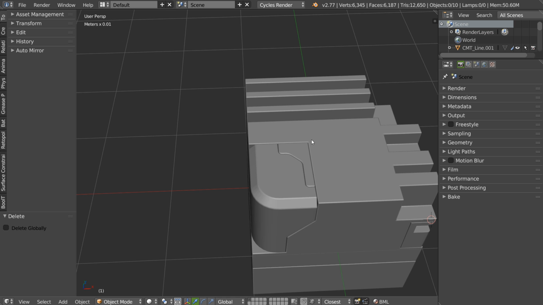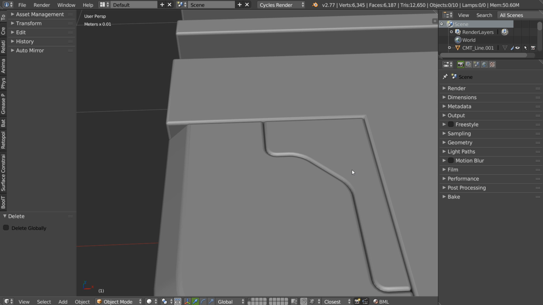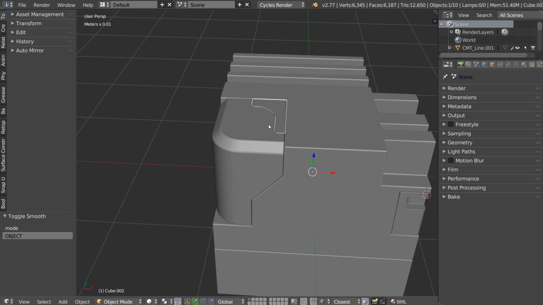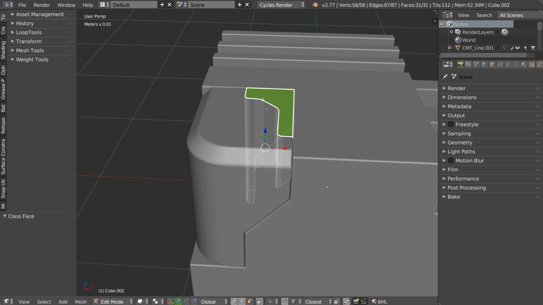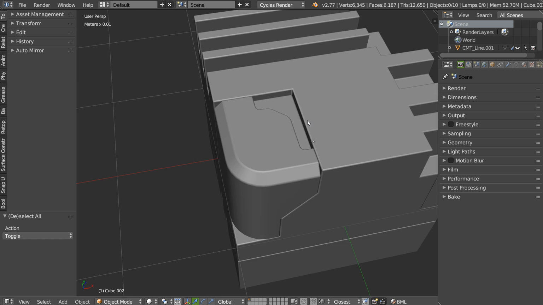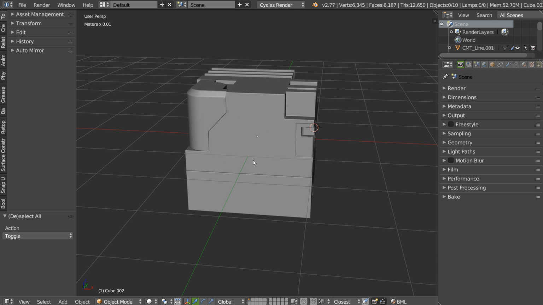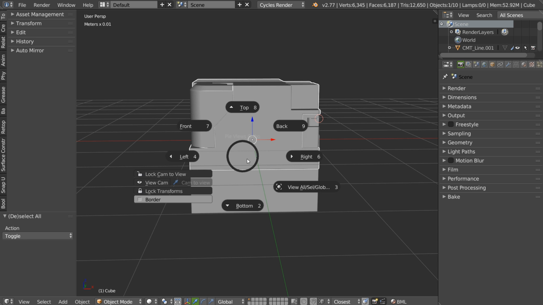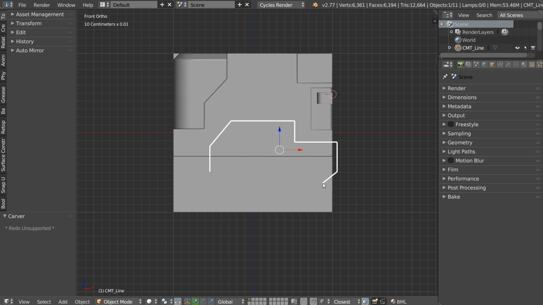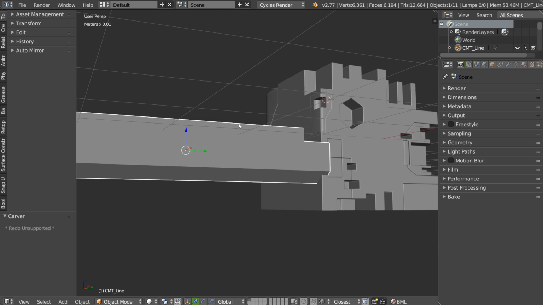I will remove this one. And as you can see, this is really fast to make this. I will reactivate the auto smooth. I can after edit this, like this, for example. And that's it. Or I can use a Box Cutter, or I can use Carver. It depends on what you prefer. Yep. I can directly press C and space, and I will have this.